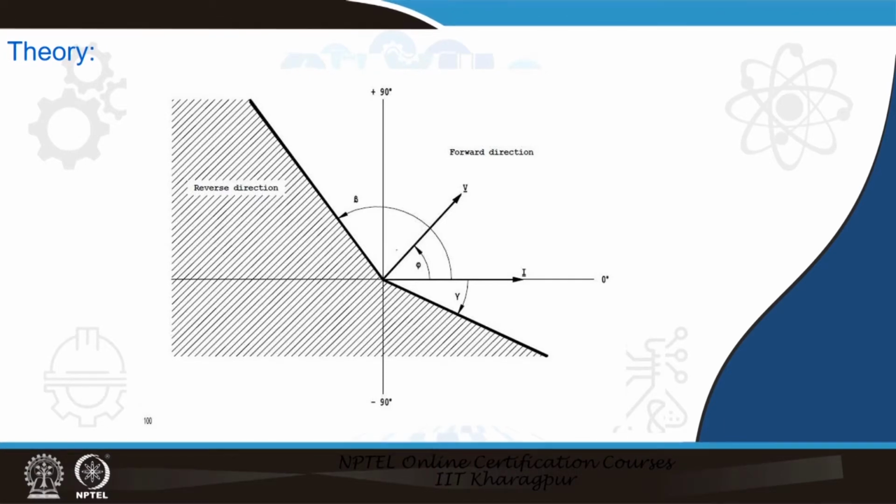Whatever angle the voltage subtends with respect to this current reference, that angle phi, if it varies between beta on the leading, positive side and gamma on the negative side, within this region the directional relay is supposed to work. In case the angle falls outside this range, the directional relay will be in block mode, or it will see it as a reverse directional fault, and it will not go for operation. So, that is the basics of the operational perspective of the directional part of the relay.